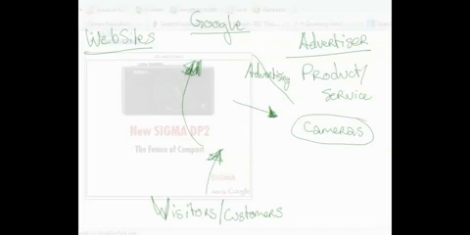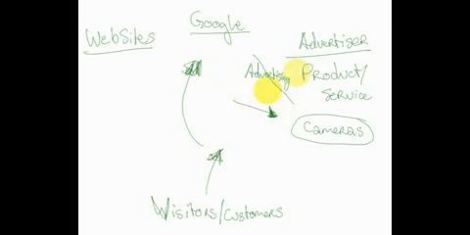In this equation, I'm the visitor, okay? And I'm coming to the website, and I am coming to find out more. Well, I went to Google, but I didn't click on the advertisers page. I went to a website over here. And on that website, in the case of digital camera info, there was an ad box up here, an ad box right here, and another ad box right here.